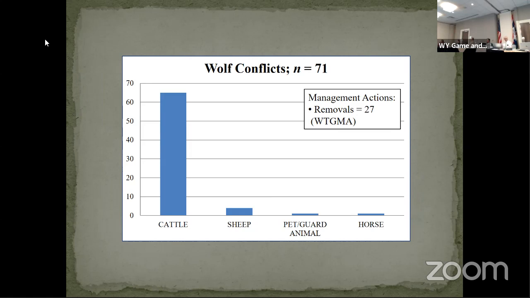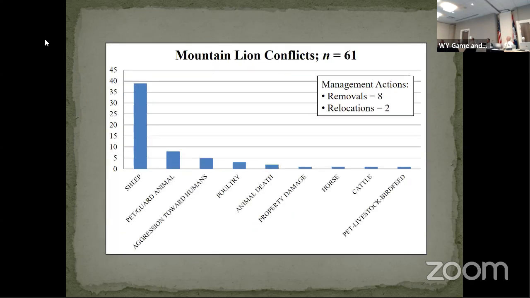One thing I will note, though, we are seeing a slight increase. I was looking through the data for the past 10 years in some aggressive lions. We're having at least more aggressive lion encounters. People hunting, people calling for elk and whatnot, and having lions approach them, and those lions being killed in self-defense or something. It's a real small data set, but we're starting to see a little increase in that.